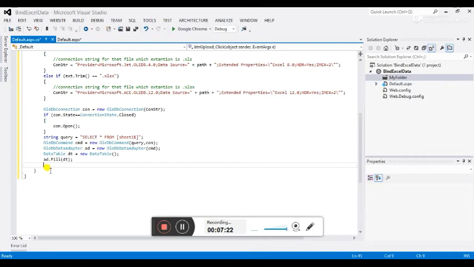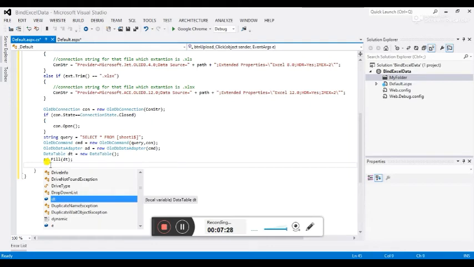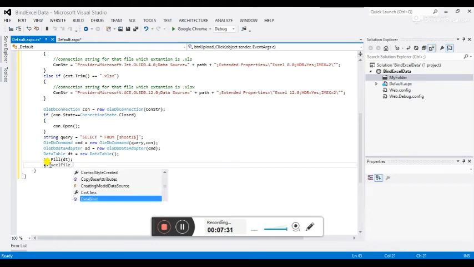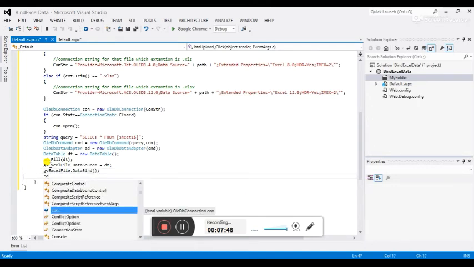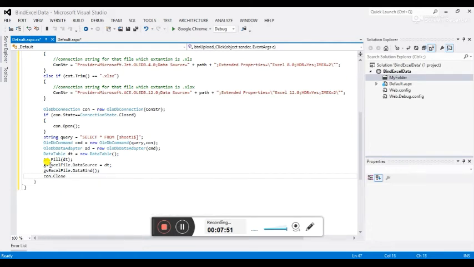Now we have to use the data source here. Now write GridView.DataSource here, and we have to pass this data table object here. So this is my GridView id .DataSource property. So let's pass this data table object here. Now we have to bind data to the grid view, so we have to use the DataBind function here. Now after this operation is performed, we have to close the connection here. So let's close the connection here. So this is my DataSource property, and this is my DataBind function here. Now we have to close the connection here.